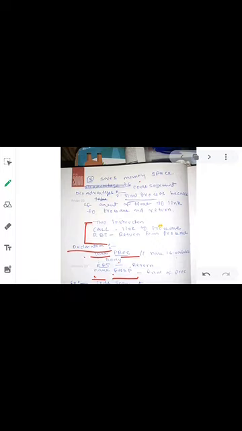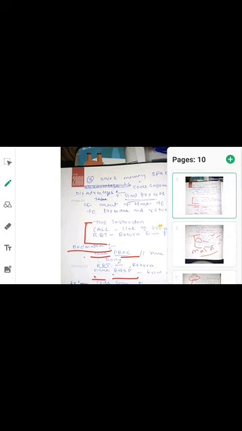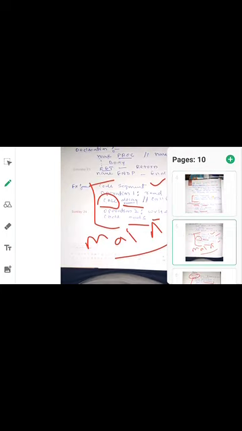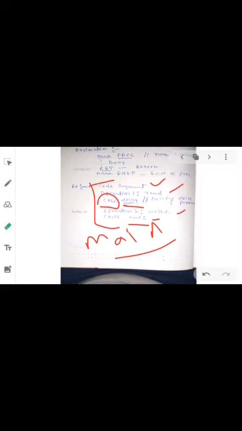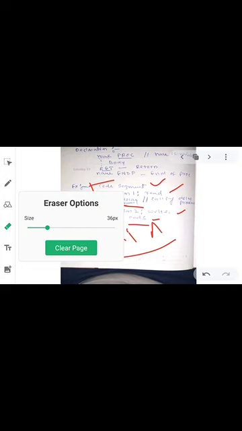So let us see an example of the procedure. Here we have a code. This is the main code. In this main code, we declare a code segment, and in that code segment, we have the main code, because the instructions always have to be present in the code segment.